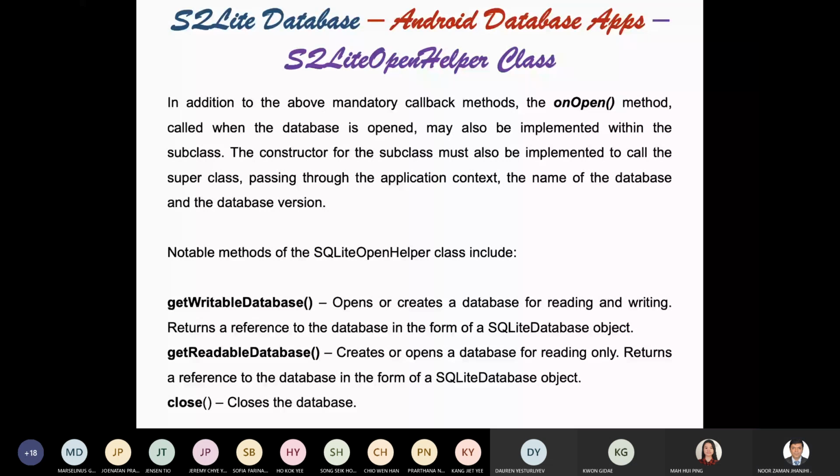Cursor is for interaction, which can help us with reading and writing. SQLite Database, as you can see from its name, is for the database itself. And Open Helper provides us help on create, on upgrade, and destroy, and it can also help us make our existing database gettable, writable, readable, and operational. So you can see from here, in addition to the above mandatory callback methods,